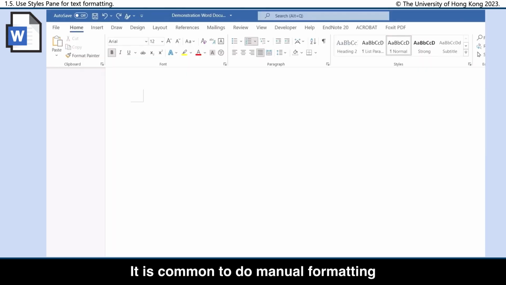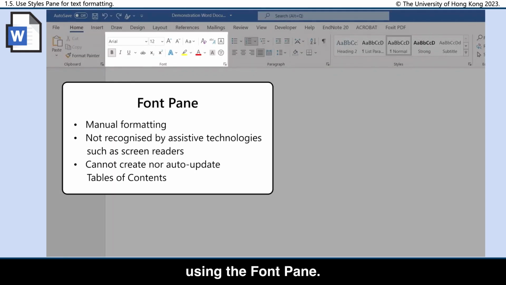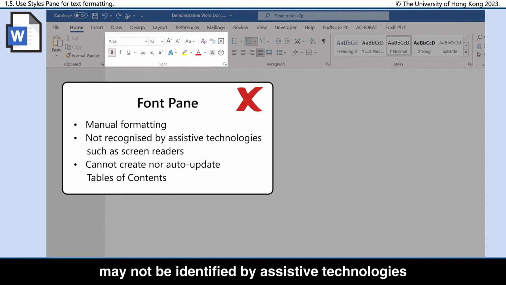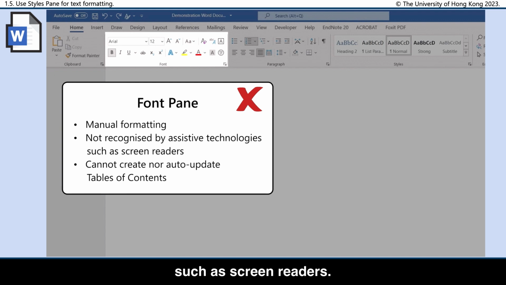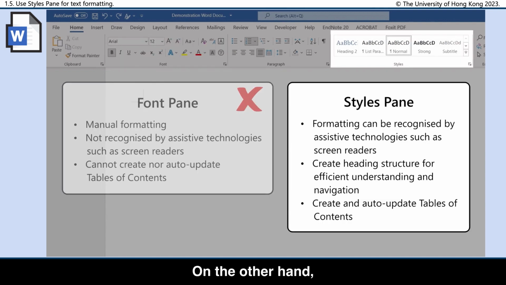It is common to do manual formatting using the font pane. However, manual formatting by the font pane may not be identified by assistive technologies such as screen readers. It also cannot be used to automatically create or update the tables of contents. On the other hand,